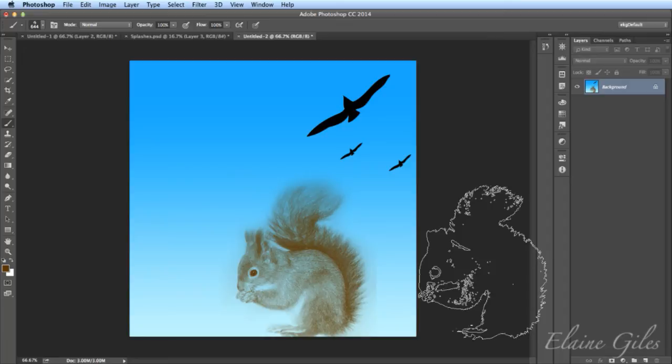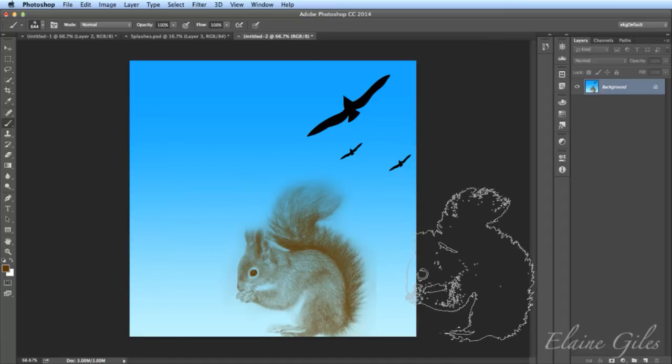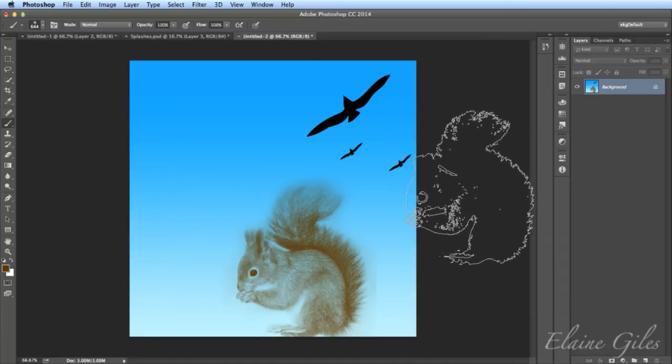But it's still quite flat. It's serving to show you that you can actually use an entire photograph if you want and turn that into a brush. So it doesn't have to be solid shapes. It will even take a photograph and change it by using opacity to create a grayscale effect with it. And we have our squirrel and our birds there.